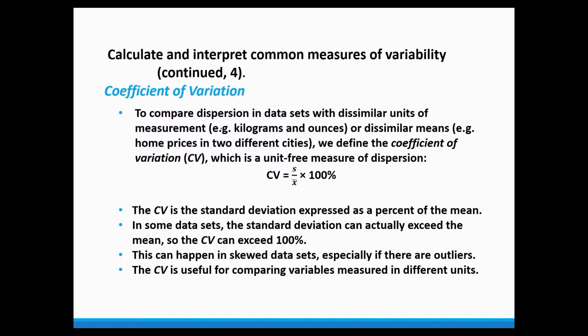We have here what's called the coefficient of variation, which is very useful if we want to compare two data sets. We have two data sets, data set 1 and data set 2, and we have an estimate for the standard deviation for data set 1 and another estimate for the standard deviation of data set 2. If we want to compare the two data sets, we must unify the way of the two measures of variation